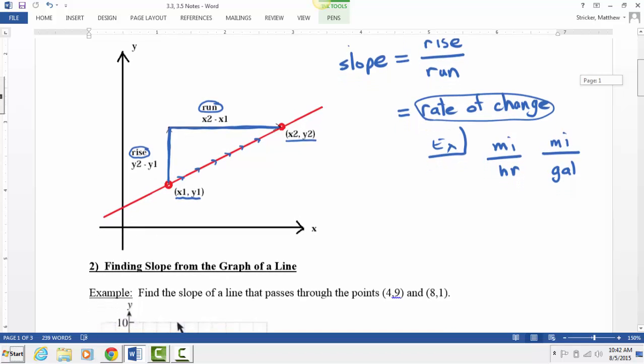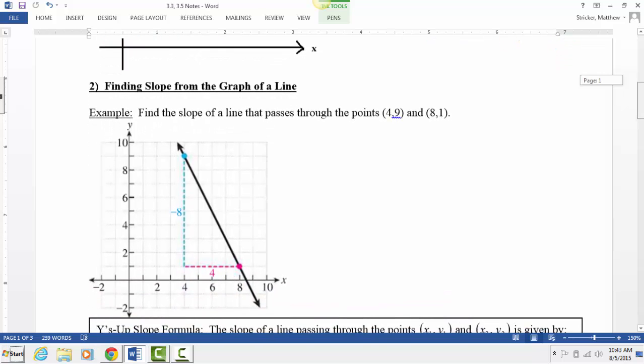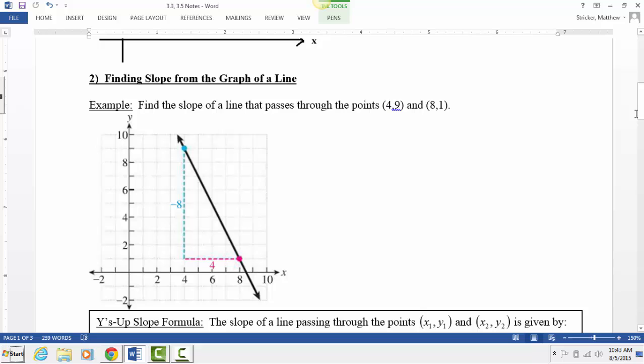And so we can find the slope of a graph just looking at its line by looking at how much it rises and runs. So in this particular picture here, we have this black line, and we have 2 points. We have a blue point and we have a red point. And we typically want to move from left to right when we're considering how to find slope. So if I start here at the blue point and I move to the red, or that might be pink, I don't know, we are going to have to rise